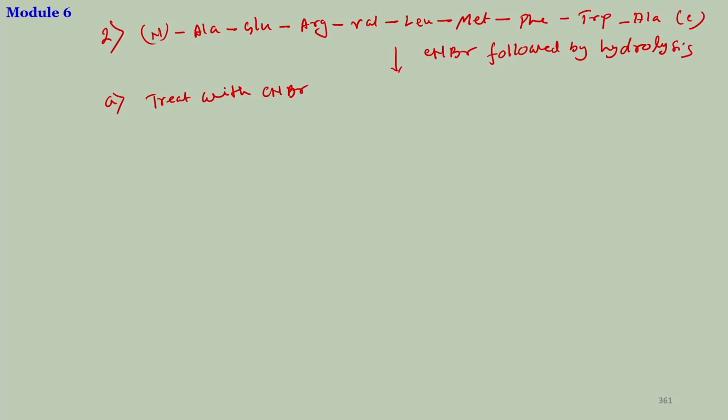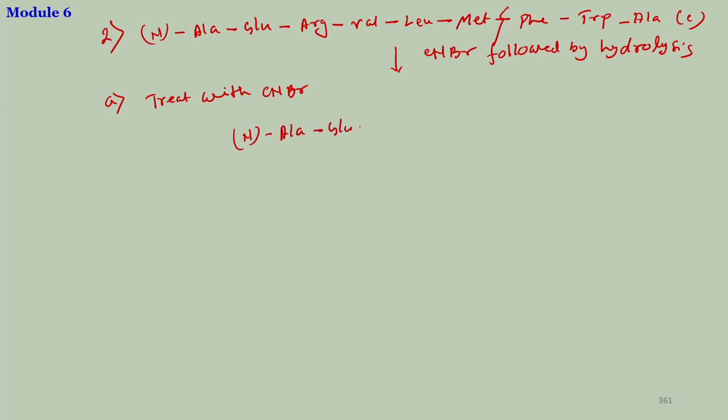Treatment of this sequence with CNBr followed by hydrolysis. What are the fragments that you will find? CNBr would break after methionine, right? So, here this should be broken, and you will end up with